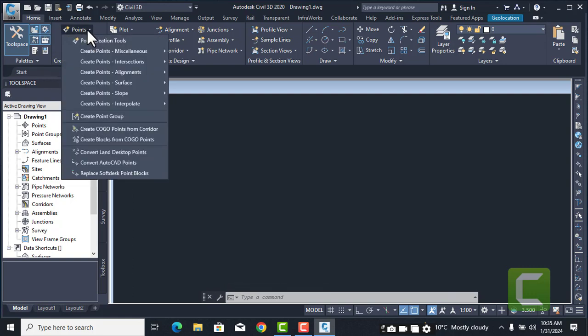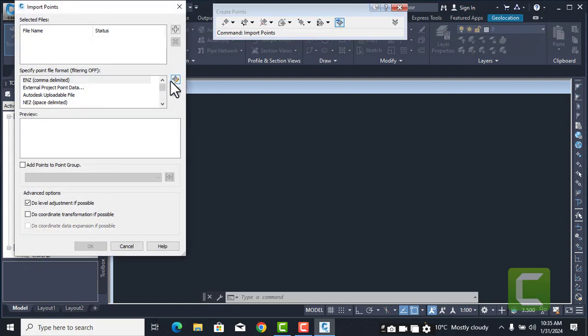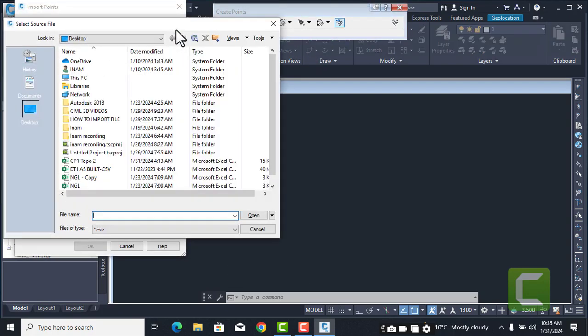So here on the interface, on the first column, point creation tool and import points. Click on import points, click on add points. We have an exercise about this, how we can import a CSV file. You can watch that. So I save DT1 as well. Click on it and